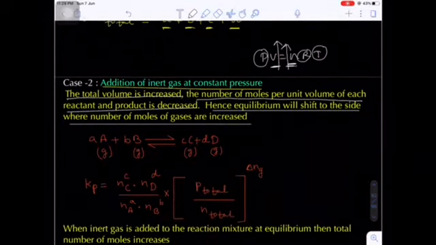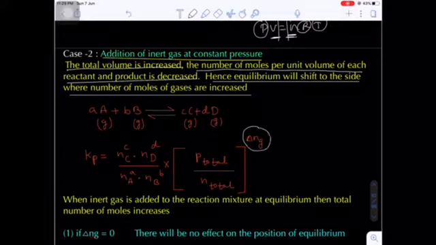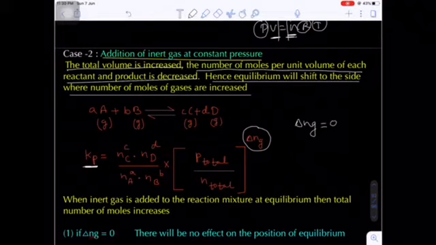Now it can be explained mathematically also. Here we have the Kp expression. The important thing here is the delta Ng. Delta Ng is very important. Let's suppose delta Ng value is 0. So there is no effect of addition of inert gases at constant pressure, because N to the power delta Ng is nothing but 0, so this complete term will become 1. So there will be no effect on the Kp value. That's why there is no effect of the addition of noble gases at constant pressure when the delta Ng